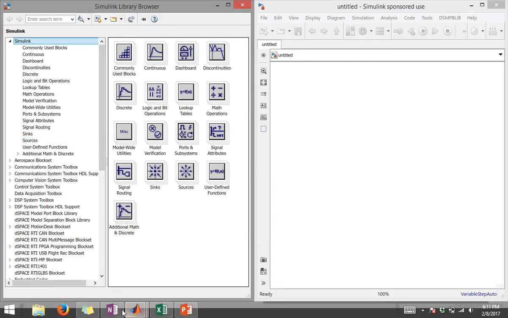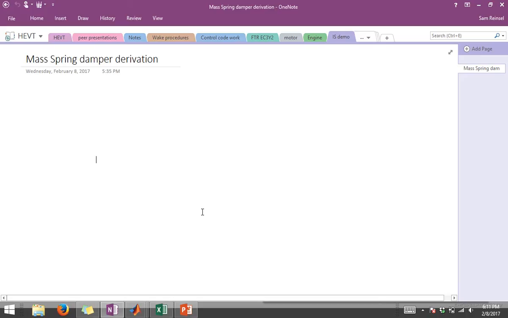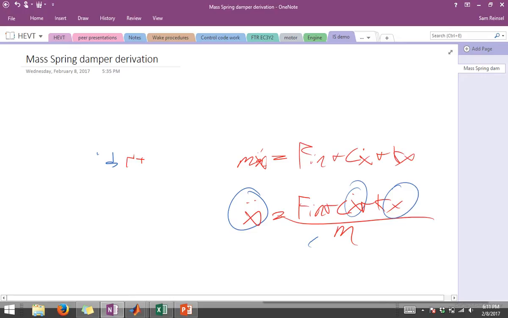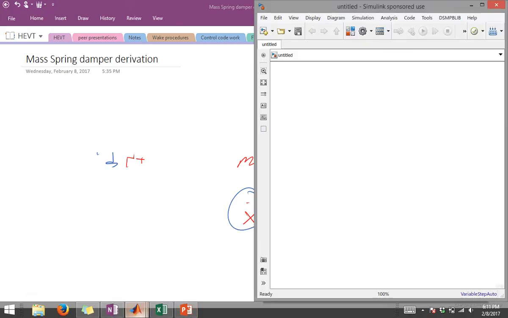So if we go back to our equation that has disappeared, hang on. There we go. I don't know why it did that. So this equation is what we're going to be basically modeling in Simulink. So if we bring it back up,